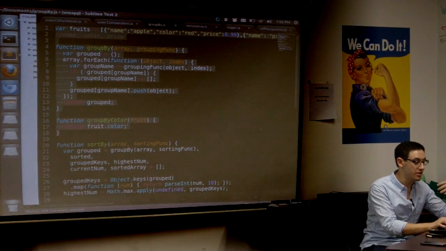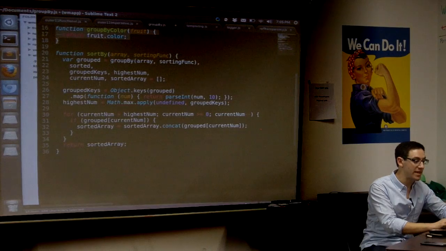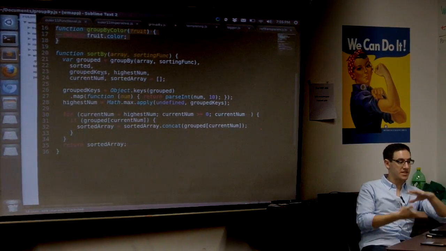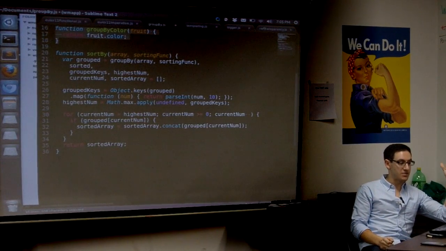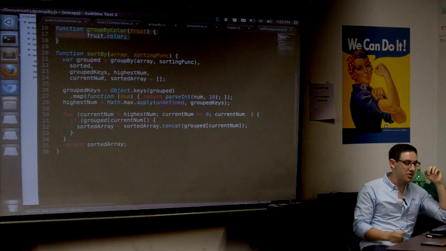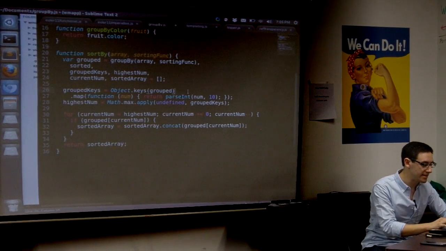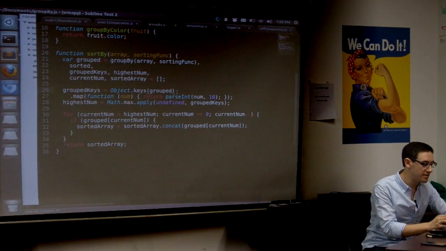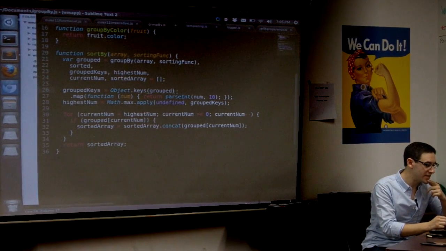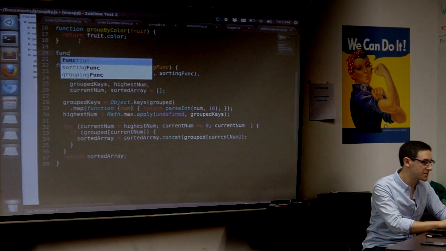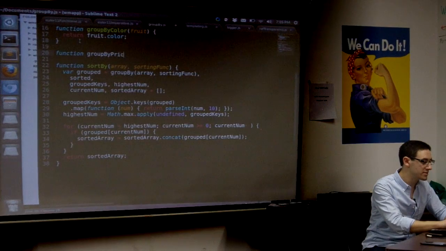So even further, I built upon it by making a sort by method that basically sends the same things to the grouping method and just kind of smashes it down to have it sorted. And I don't want to get too into what each line does, because I used like a couple little tricks to make things not quite so long. Specifically that weird apply to grab the biggest number. But if I go here and I make a function group by price,